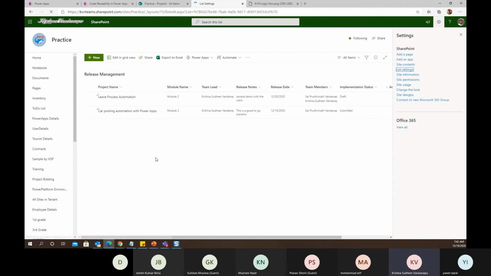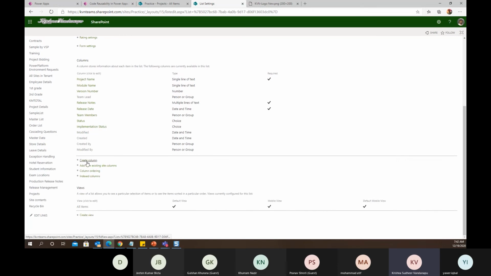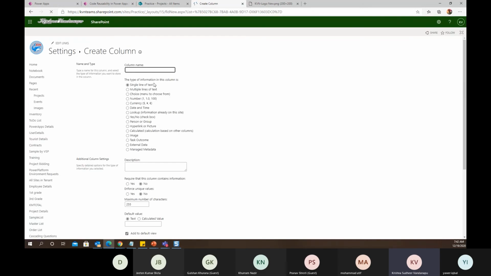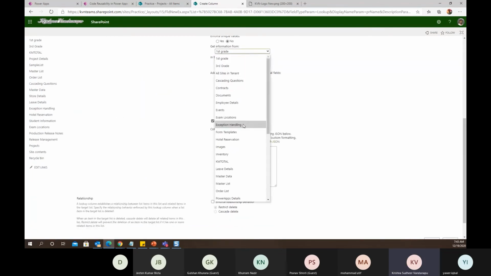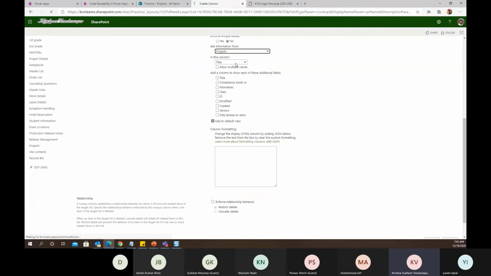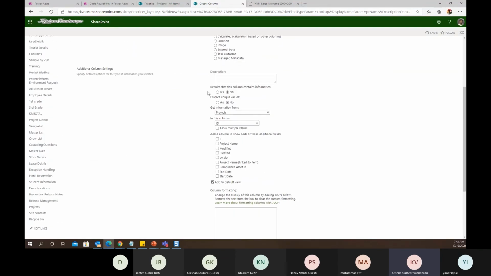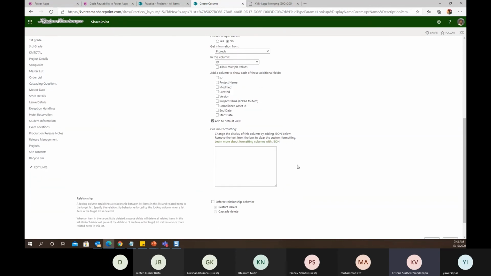list settings, add a new column, create a lookup column, say PR name, and select my list as projects, there is no way I can filter that the projects should be only approved unless I write conditional formatting.